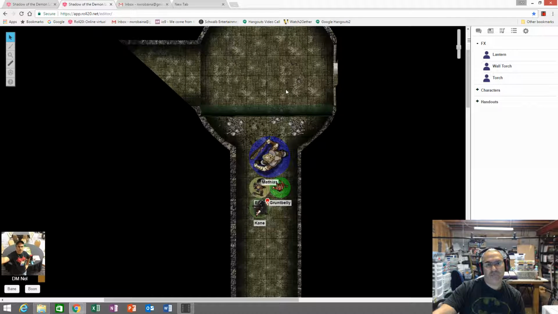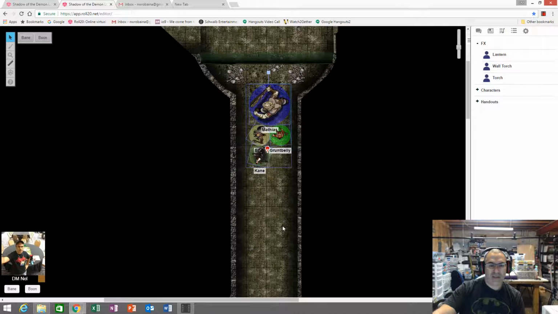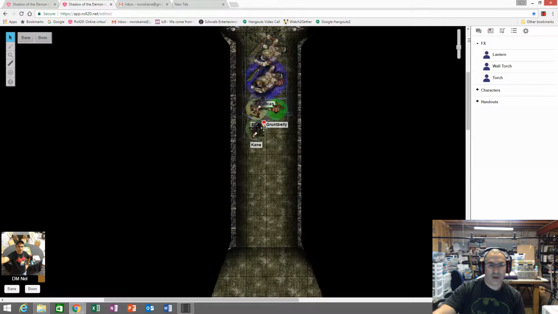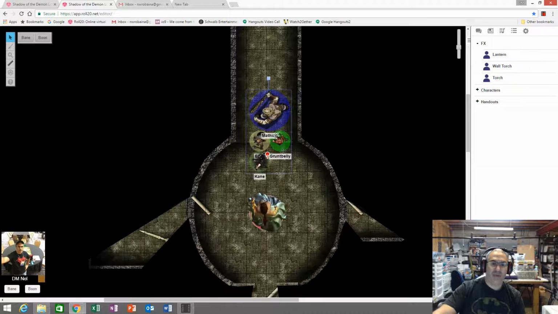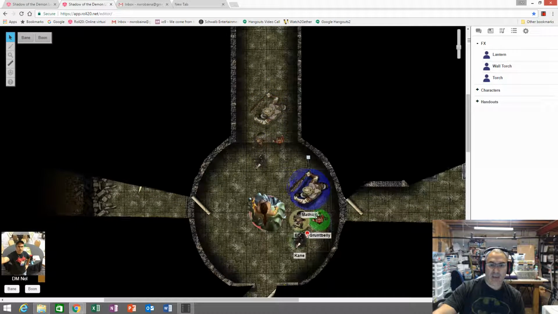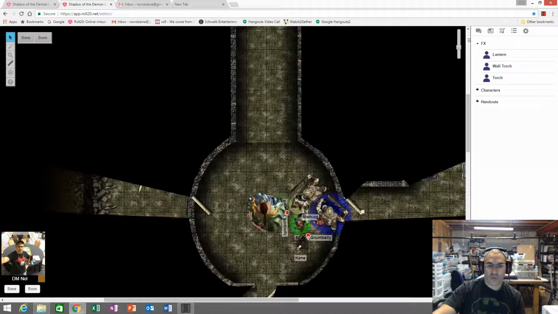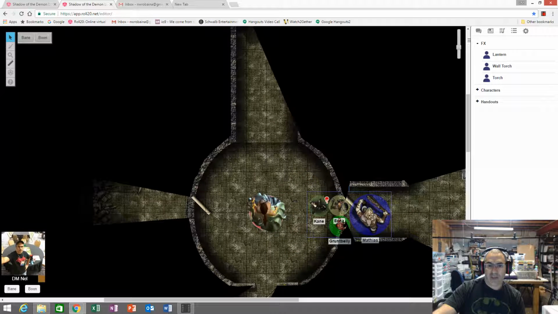So I figured it would make more sense if they ran off and prepared an ambush for later on. And so the heroes, after this fight, decided, man, we need to rest again. It hadn't even been a couple hours since they rested last time, but they were hurting pretty badly. So they withdraw, and they go back into this room in here, and they barricade themselves